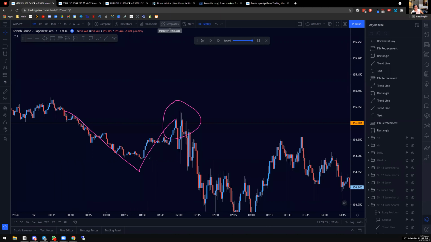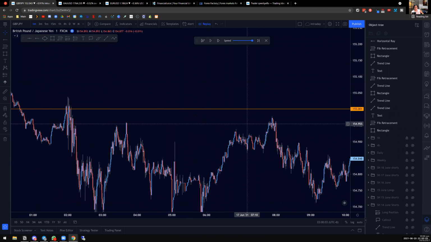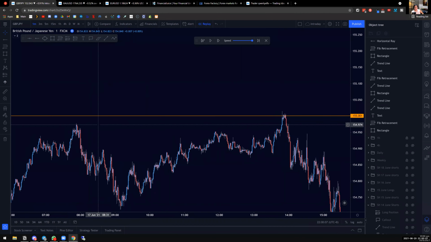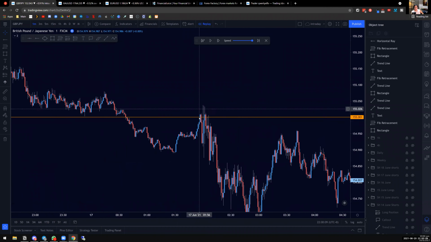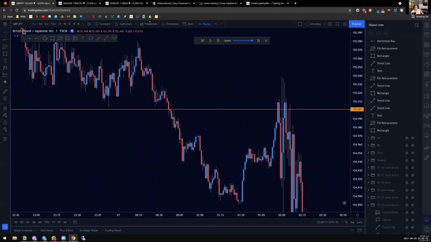So this area might have been a bit confusing for some people to take because this might have been quite a bit of a fake out. So this wasn't super clean. But if you ask me, there is another retest to this area here, over at this one. So let's say you took the trade at this area and you got stopped out because you're looking at this break of structure,